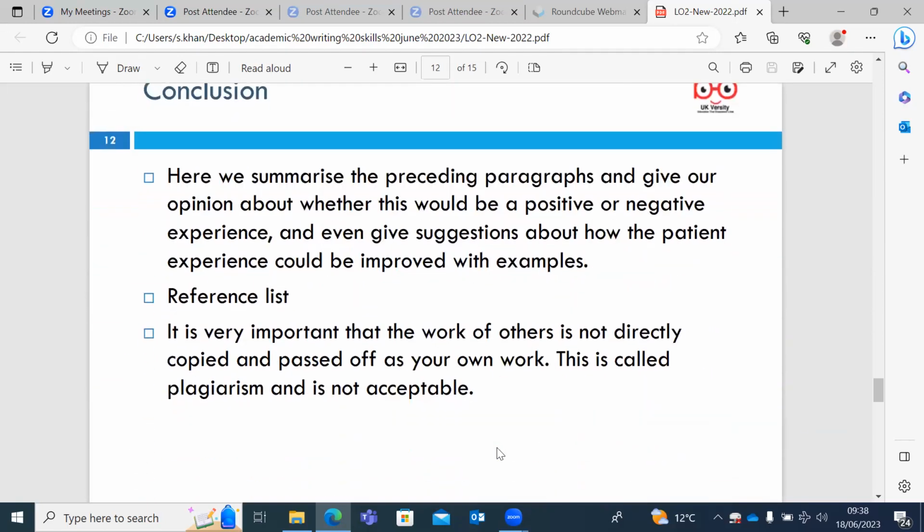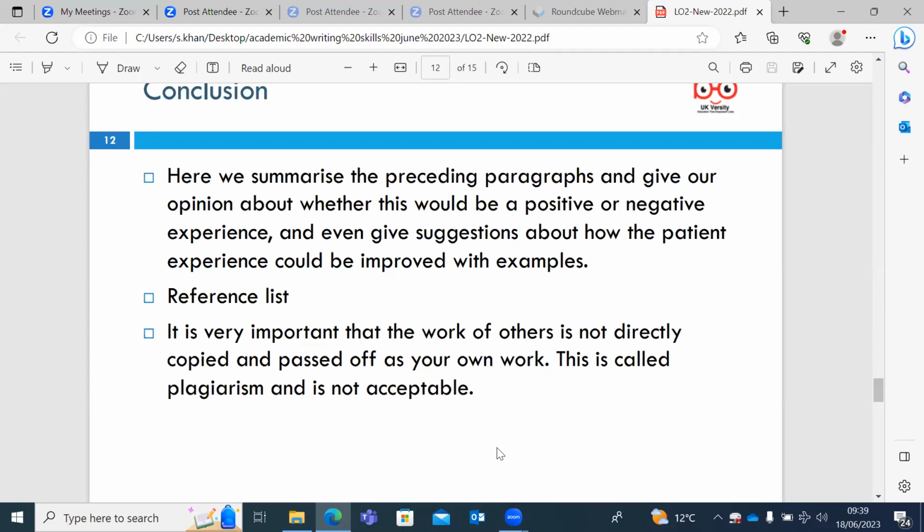In the conclusion, we will summarize the preceding paragraphs and give our opinion about whether this would be a positive or negative experience, and give suggestions about how the patient experience can be improved. And we will also provide, like I said, a reference list, which is really important in regards to any assessment